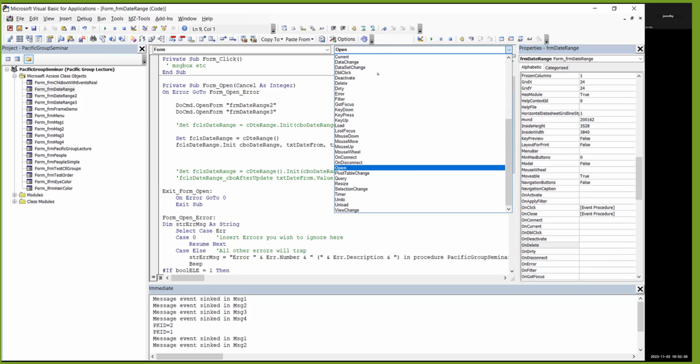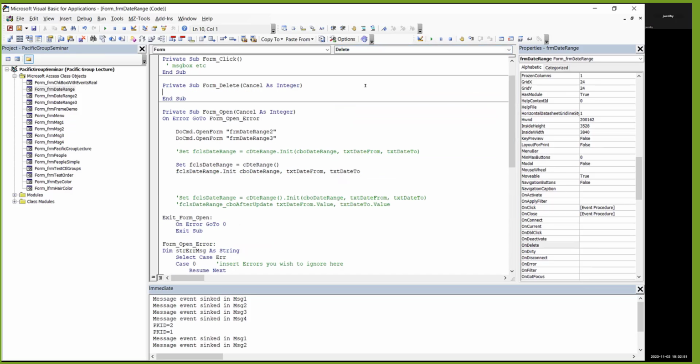If I go back in here, which one was that? Delete? Oh, delete is gone now. So anyway, if I hit delete again on delete,